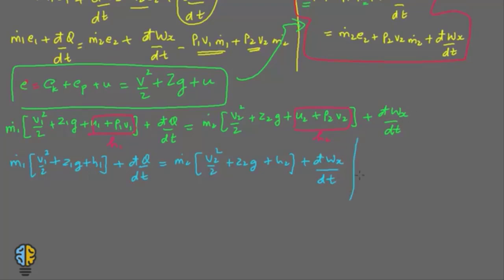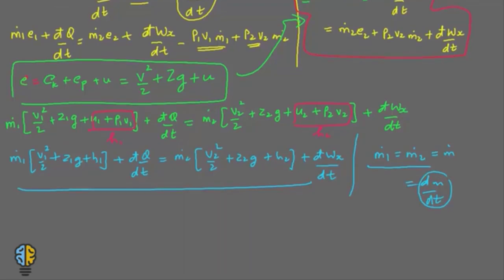Okay, now we just analyzed that, as per the mass balance, M1 dot is equal to M2 dot, isn't it? So M1 dot is equal to M2 dot. Okay, and let us say this is equal to M dot. So this is equal to dm by dt. Now, if I divide the whole equation by dm by dt, then we would get